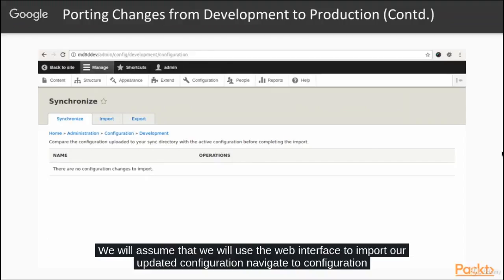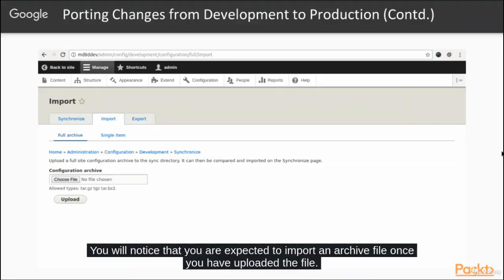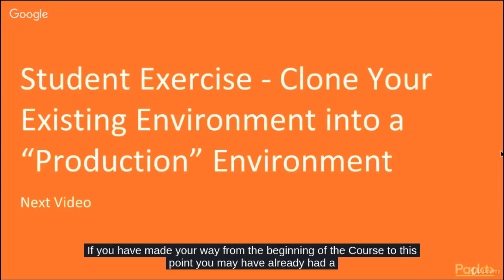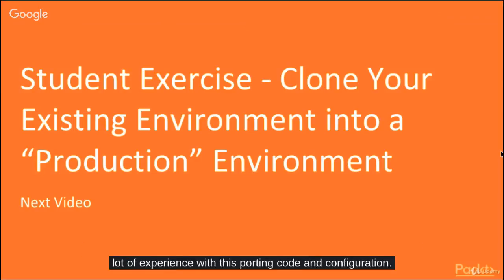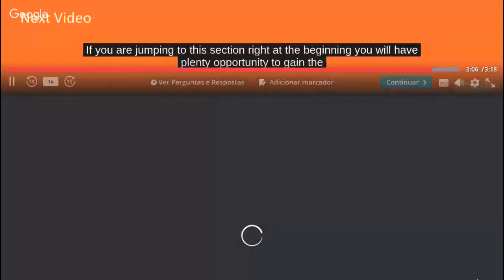Navigate to configuration synchronization and choose the import option. You will notice that you are expected to import an archive file. Once you have uploaded the file, you may view any differences in the configuration before you actually do the import. If you have made your way from the beginning of the course to this point, you may have already had a lot of experience with this porting code and configuration. If you are jumping to this section right at the beginning,